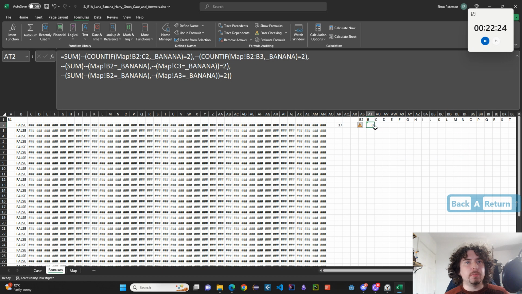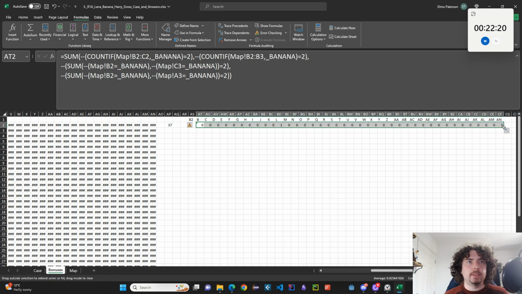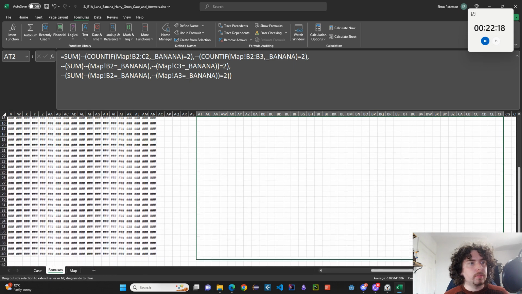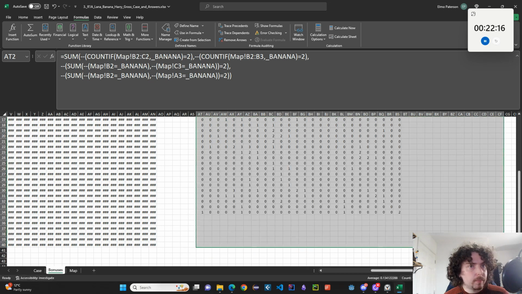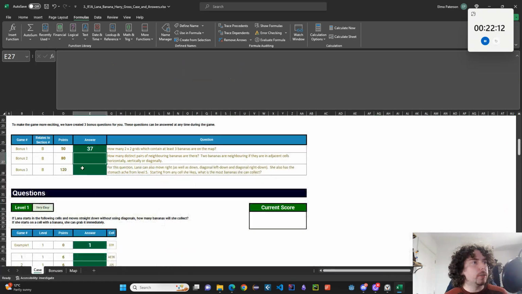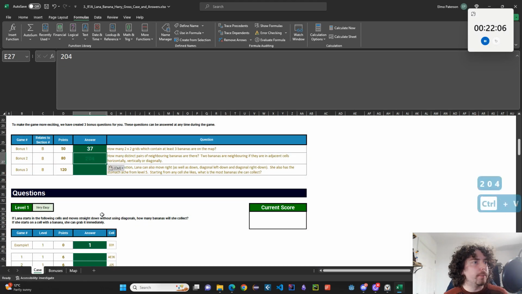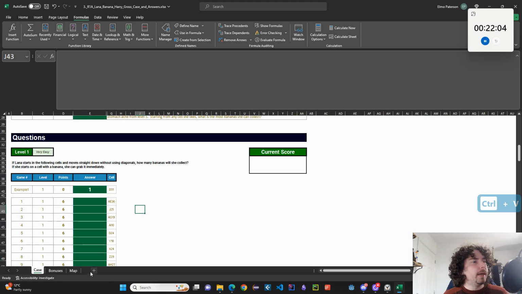So that's the number of bananas in our up, down, left, right, including the diagonals. And the sum of all of those is 204 from the bottom right hand corner. A little trick, you can just grab that from there and that will copy it, and there you go. Okay,